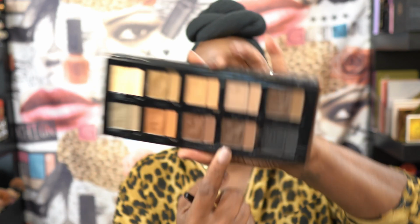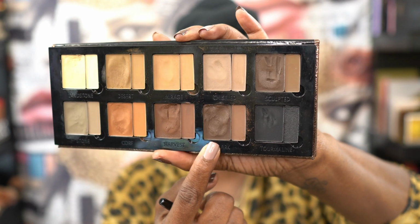All right, y'all, so we got the brows and the eyes done. Let's use this for contour bronzing situation. So this is my jumbo concealer brush from Sonia G. And I'm going to start off with Bark. And then we're going to go in with Harvest. So I feel like Bark is going to be good because